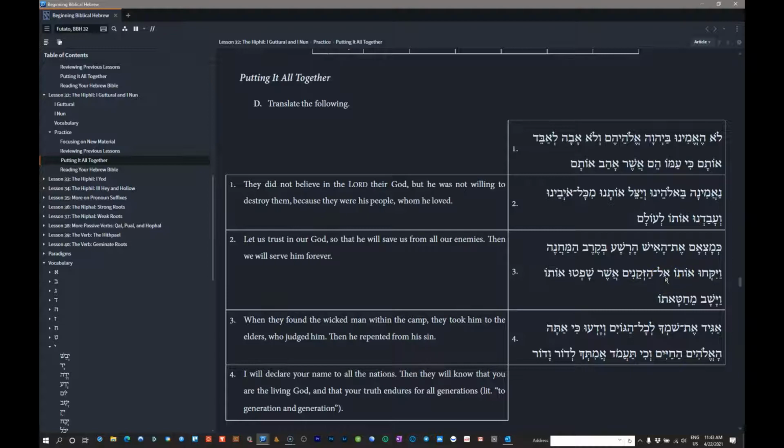to... search for. This is actually, in this context, going to be find. So matzah can mean look for, search for, or it can mean find. So as they found, or when they found, the wicked man within the camp, they took him, this is the definite direct object marker with the 3ms suffix, so took him to ha-zekenim, to the elders, who, I presume that asher refers to the elders, or that,